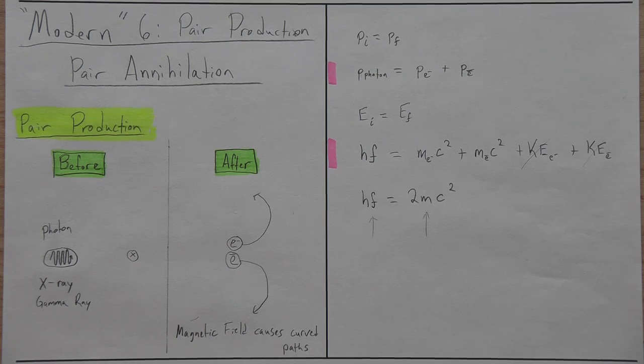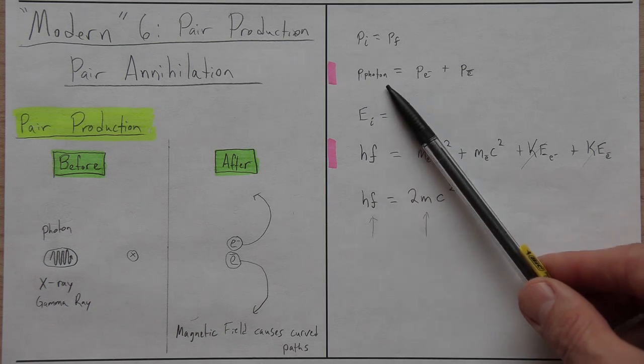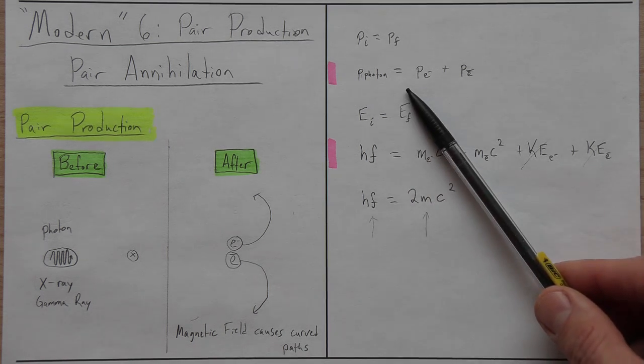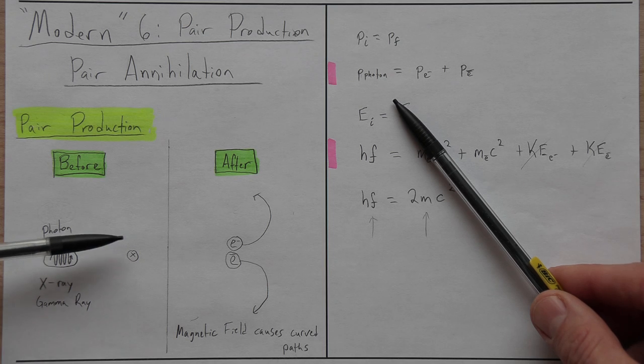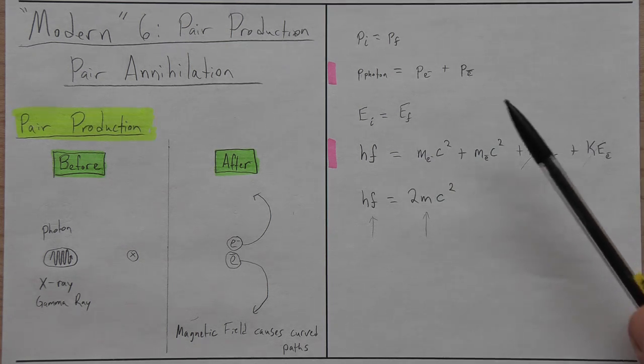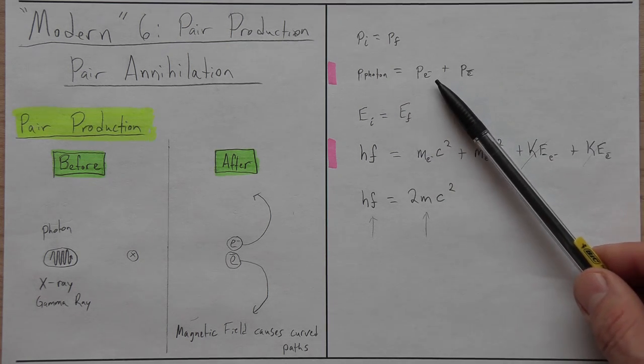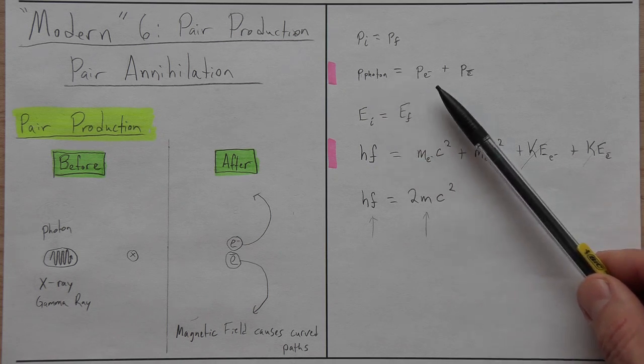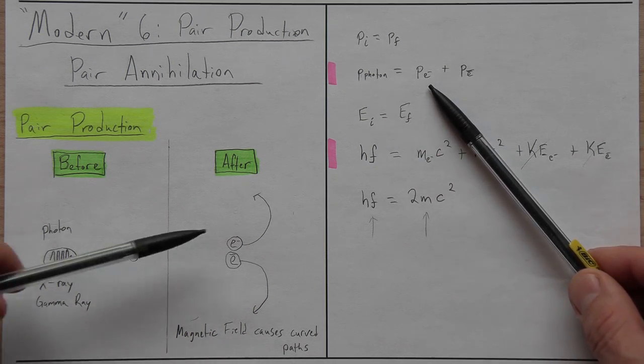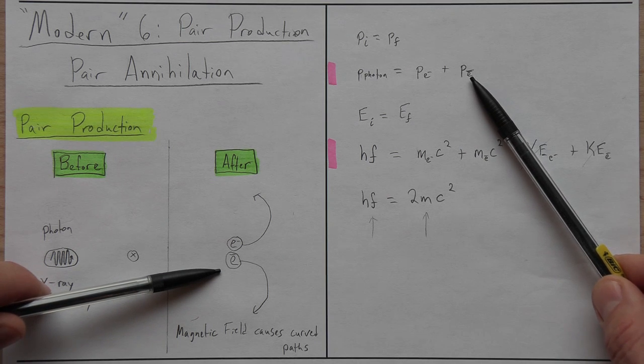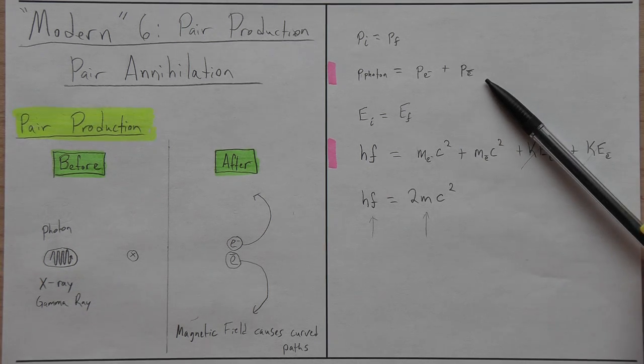But momentum, Pi equals Pf. Where was the momentum before the electron and positron were created? It came from the photon. Remember, a photon has energy and momentum. So the photon is like a tiny submicroscopic bullet that comes in with momentum, and then after, the momentum cannot disappear. Pi equals Pf. So the momentum after, when the photon goes away, is now present in the electron's momentum and the positron's momentum. Okay, so that's a key idea.